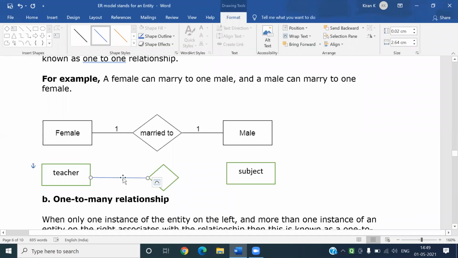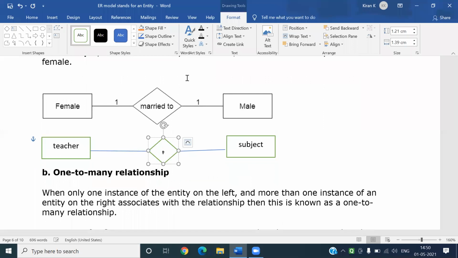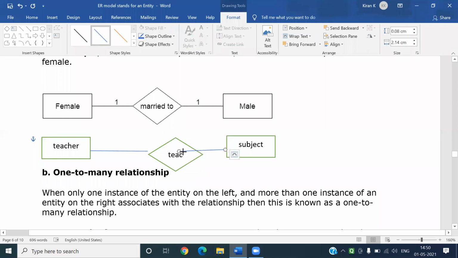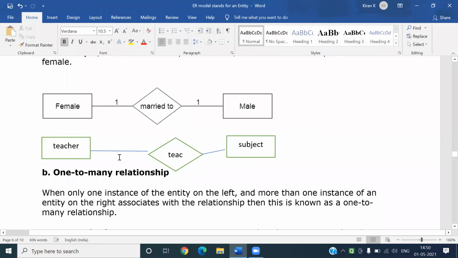Normally, a teacher teaches more than one subject, but here, just for example's sake, I'm telling you: teacher teaches subject. Normally this is not one-to-one, but for a specific case,